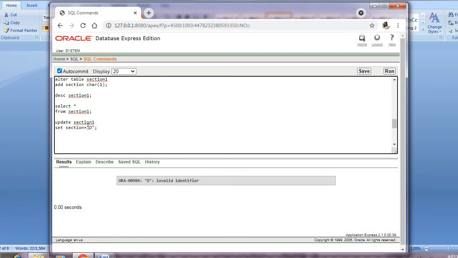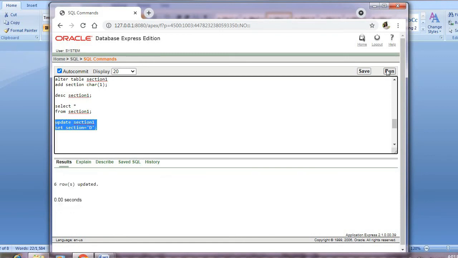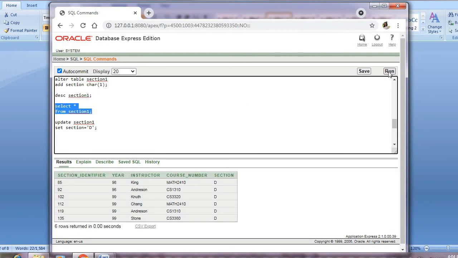Because I made a mistake by putting double quotes. I have to use single quotes. Now we'll clear and then run. Okay, 6 rows updated. We'll see how my section looks now. Yes, for all the section attributes, I have added the new value, that is D.